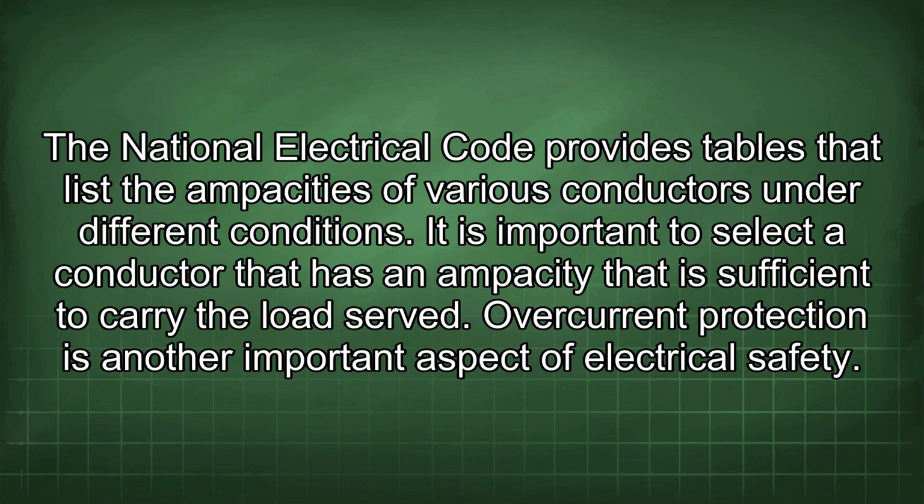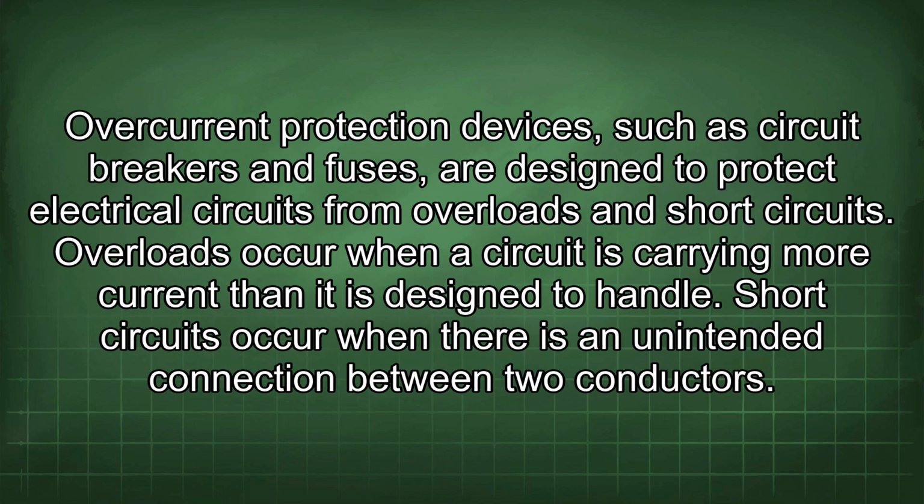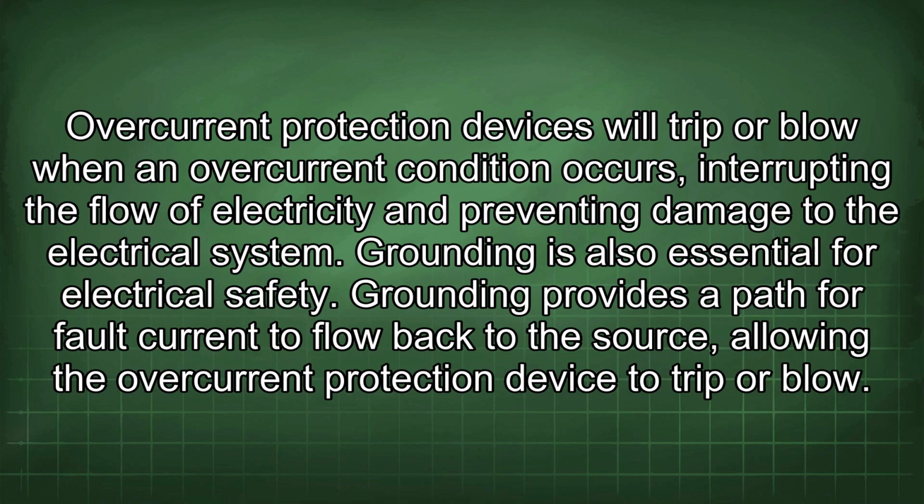Overcurrent protection is another important aspect of electrical safety. Overcurrent protection devices, such as circuit breakers and fuses, are designed to protect electrical circuits from overloads and short circuits. Overloads occur when a circuit is carrying more current than it is designed to handle. Short circuits occur when there is an unintended connection between two conductors. Overcurrent protection devices will trip or blow when an overcurrent condition occurs, interrupting the flow of electricity and preventing damage